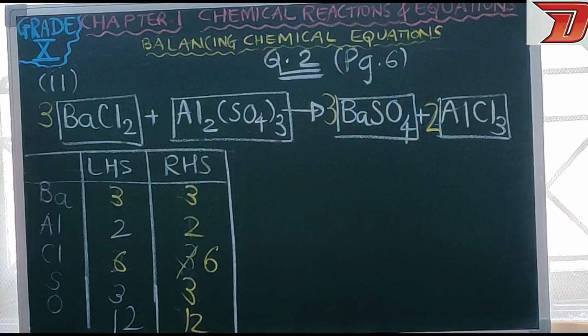Okay, so this way you have to practice all the chemical equations which are given in your textbook on the same page, that is page number 6, and even after lesson text exercise is there. In that also few questions are there on page number 15, that also you have to practice. Fine. So hopefully you must have learned how to do the balancing of chemical equations. Fine. This can be achieved only by practicing more and more chemical reactions. So please do the needful and stay tuned for the next video.